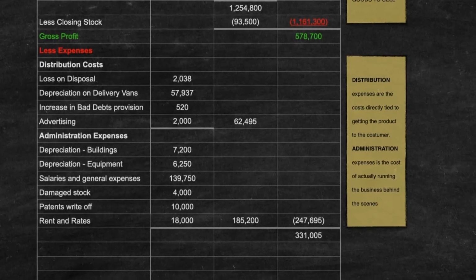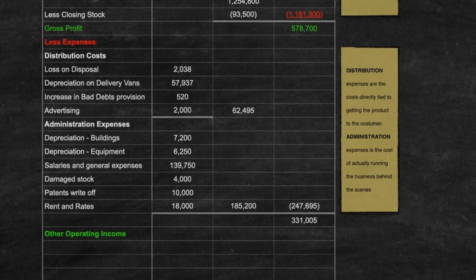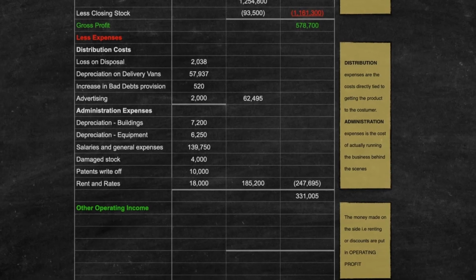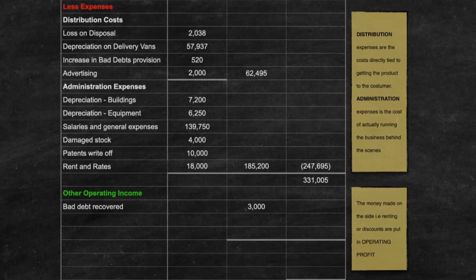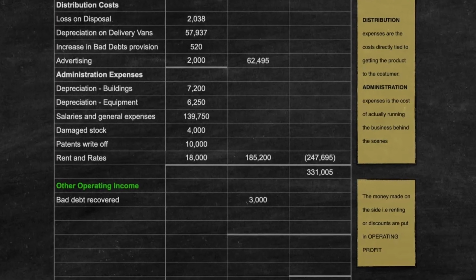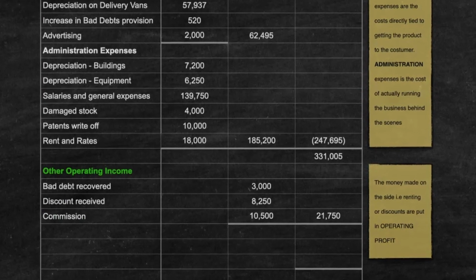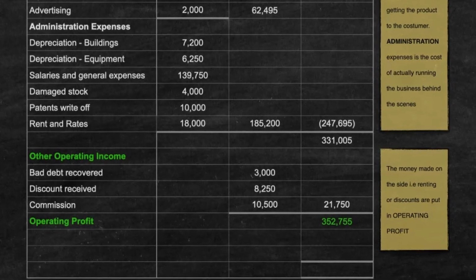Sometimes a business makes money too, which is called operating income. This is not money made by selling goods, but more money on the side, which, for example, could be a spare room that the business is renting or a discount from the suppliers. Now we add this extra income, which in this case works out to be 21,750, to get our total operating profit of